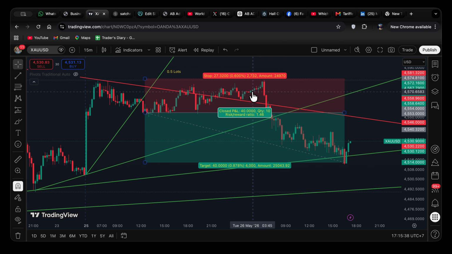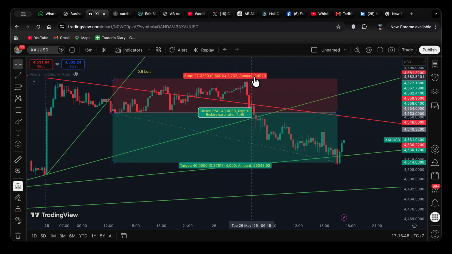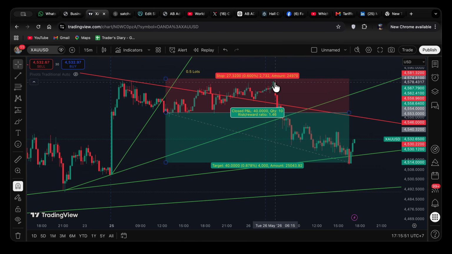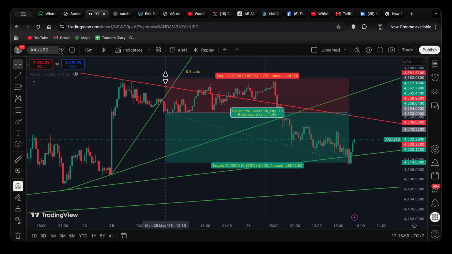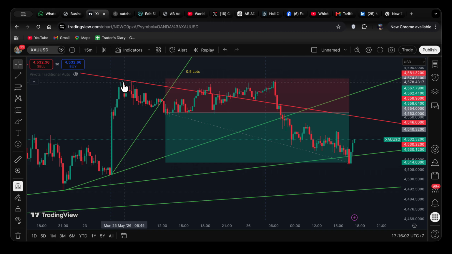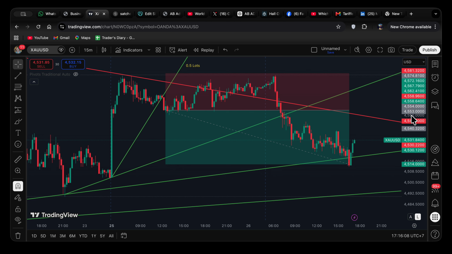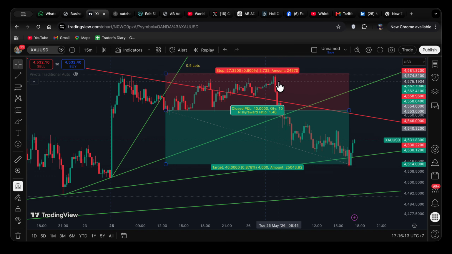So I waited. This morning the price started going against me and almost touched my stop loss here. And right there it turned. And why did it turn? Because it had been rejected already in this area, and that's why I placed my stop loss right above this point right here, because it's very probable that at this point the price gets rejected. And it worked, because the price started dropping,